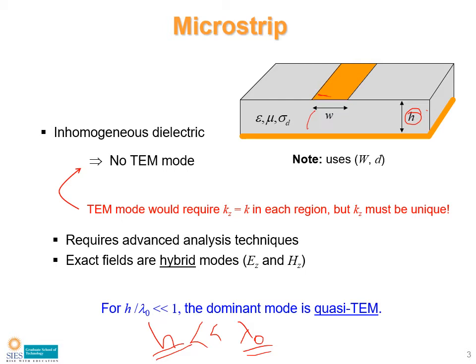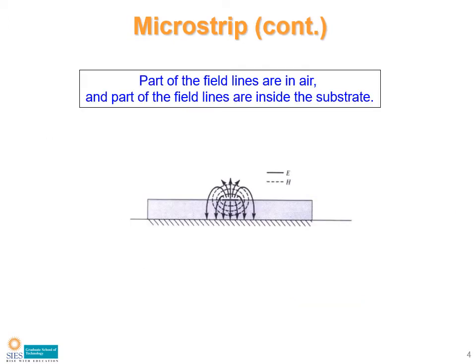Now, if we choose this h very, very much smaller than lambda naught, then the propagation of the signal takes place in the quasi-TEM mode. And what do we mean by a quasi-TEM mode? That we will see first. Whenever we are exciting this microstrip line, this is a ground-based dielectric, this is the dielectric material, and this is a microstrip line having the width W, and above this microstrip line there is another dielectric material that is called air.